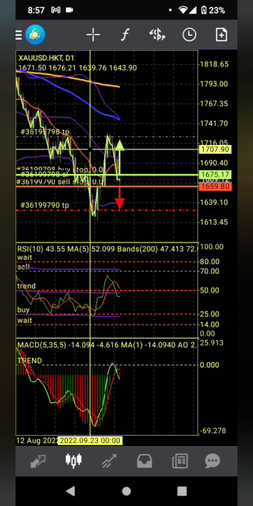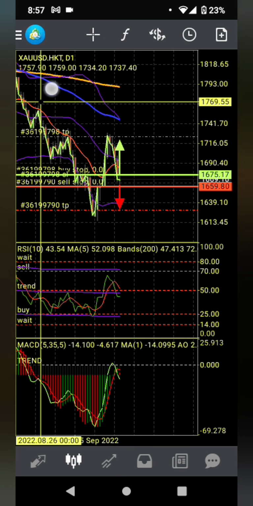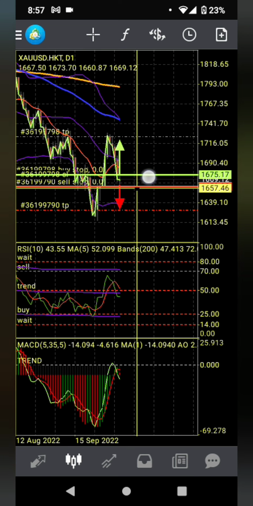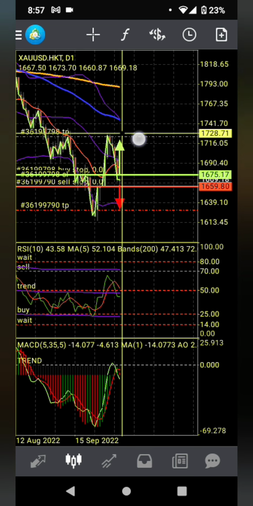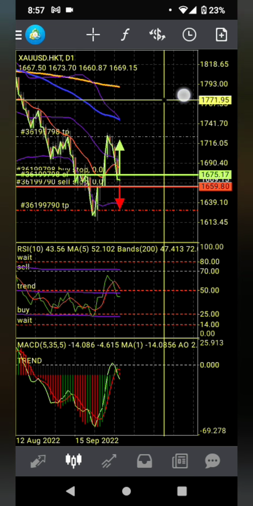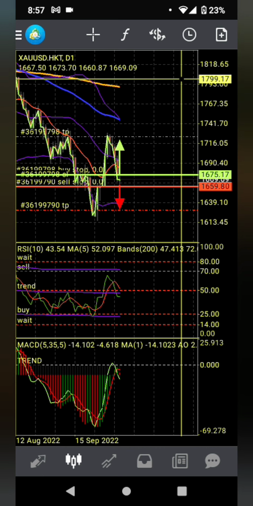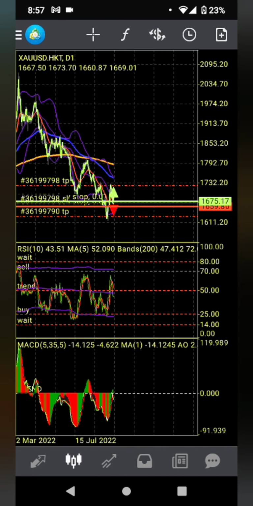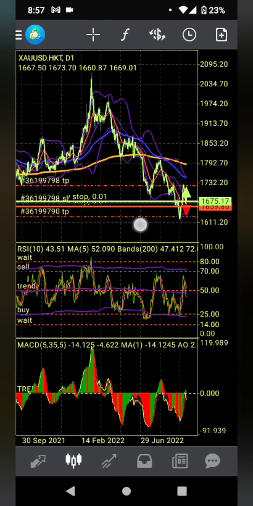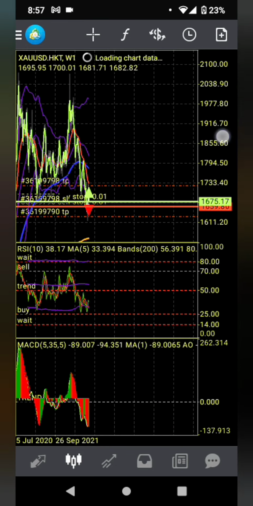So we're in a respected downtrend. If I had to draw the trend line here, price broke the trend line, so we're on the other side of the trend line, and I'm looking for a bounce up to a certain extent for a continuation. Because if you look at everything, the candles are coming down. Even if we were to come to the weekly,